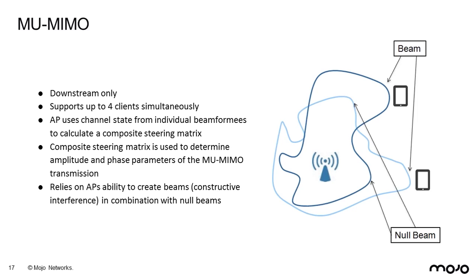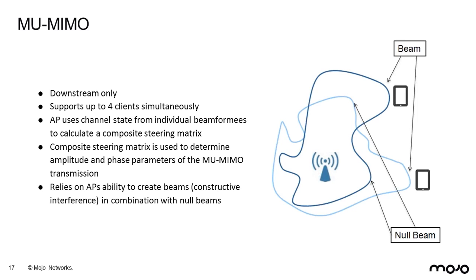All right, and here we go now, beamforming. Or actually, multi-user MIMO. So it does use beamforming, of course, and so it's downstream only. You can support up to 4 clients simultaneously, and the AP is going to use the channel state for the individual beamformees to calculate a composite steering matrix. So when it talks to all of these clients, in this case there are just 2, it can be up to 4. The signal is going to be transmitted to all of them simultaneously,